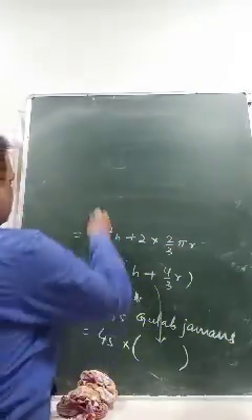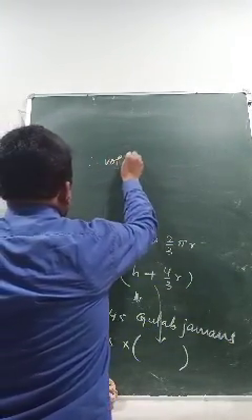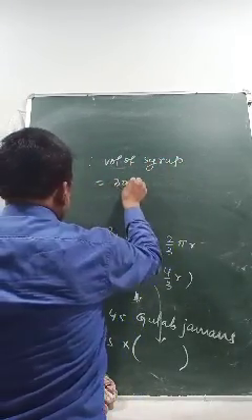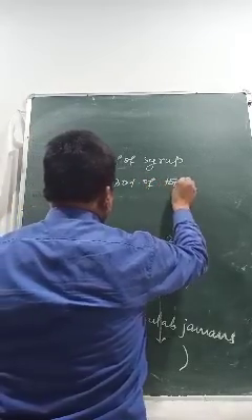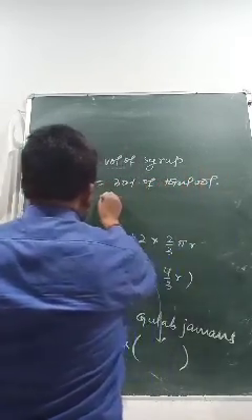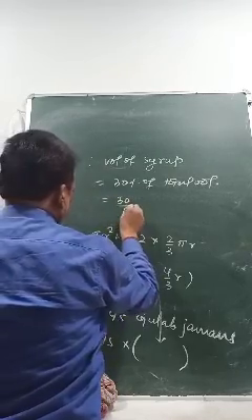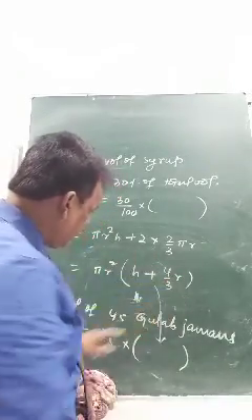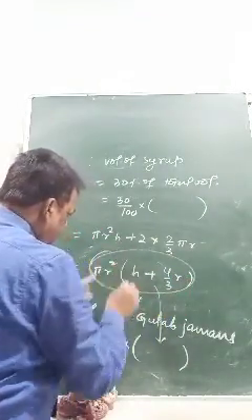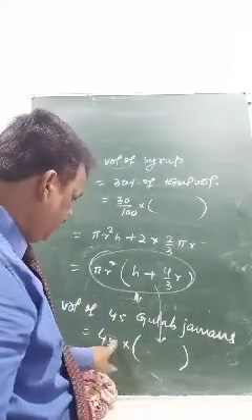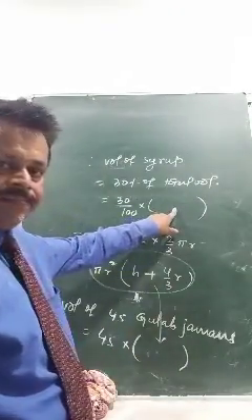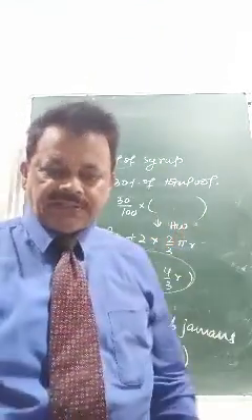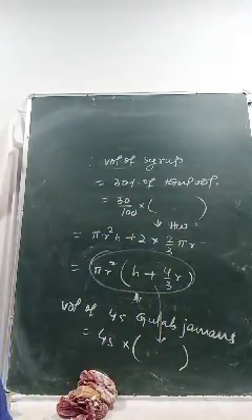30%. Therefore, volume of syrup, that is 30% of total volume. 30% into total volume. Total volume will come out from here, 45 into this part. This part value you put here, that will be 45 into this. This value you will multiply here. Then you will get your answer. I am leaving it homework so that you will have a good practice over this. Okay, see the next one.